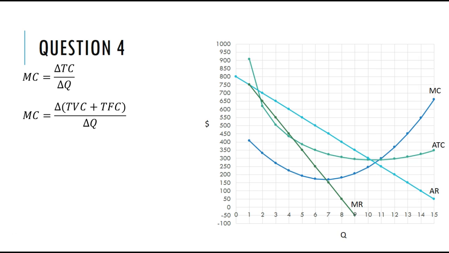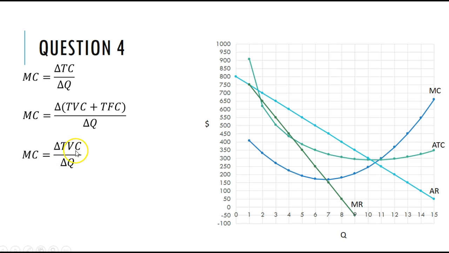Okay. And then we can say, hang on a sec, the total fixed costs, what are they contributing to the change here overall? Well, nothing. Total fixed costs are, as the term implies, fixed. They don't change, which means we can drop this out. So we're just left with marginal cost equals the change in the total variable cost divided by the change in output by, say, 1. Then we can ask,